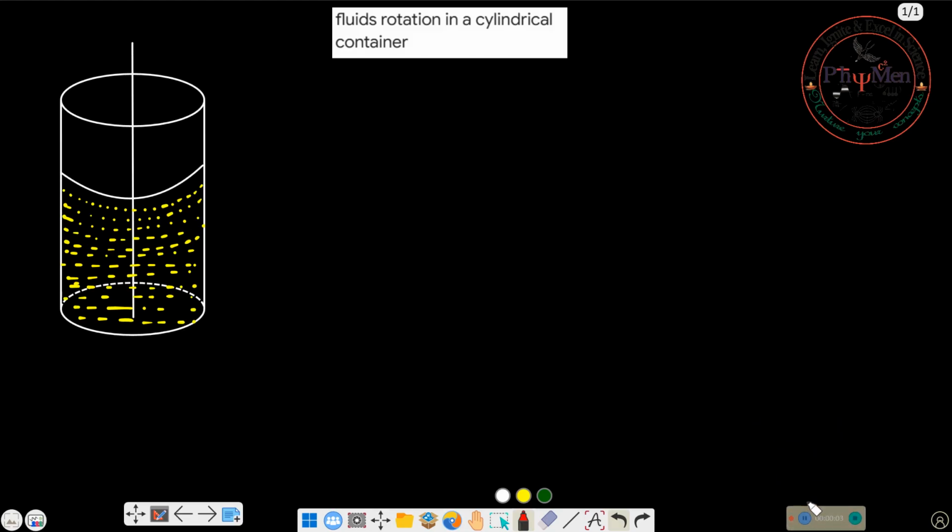Hello students. Today I am going to discuss one very important problem on fluid dynamics, fluid mechanics, that is fluids rotation in a cylindrical container. Suppose the fluid is in a container. Initially the fluid height is this much, but when it is rotating with some angular speed omega,